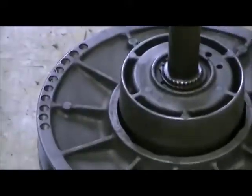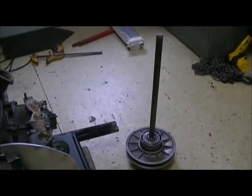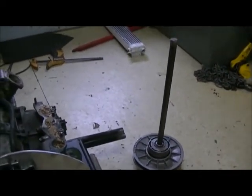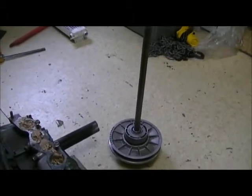I'm going to start with this. Here's my shaft. I built that shaft and I pressed it into that hub. There's no spline on it. I cut it 40 thou big where the spline is. I cut the shaft bigger